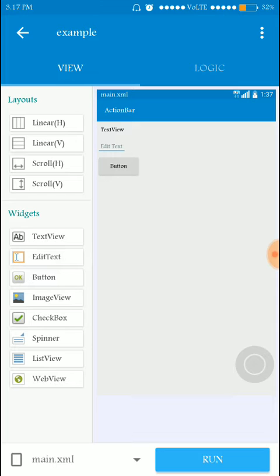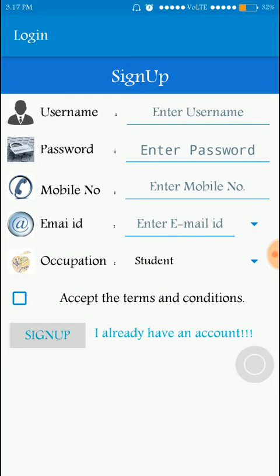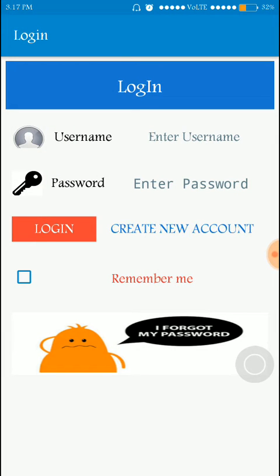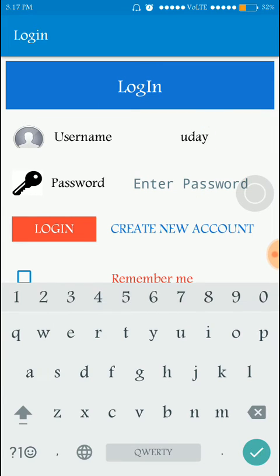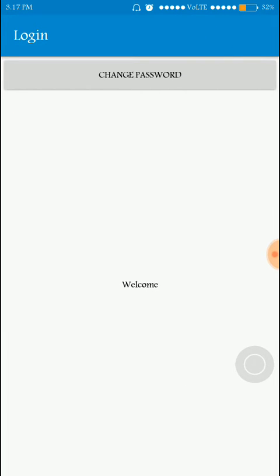These are very familiar, and they are used to move from one position to another position. For example, if I go back, here login is a button. Here I am going to log in as Uday, and the password I am not going to say, it's also Uday. Login is a button, and if I press login, I will be taken to the login page. As you can see, it's a welcome screen. That's why button is used.